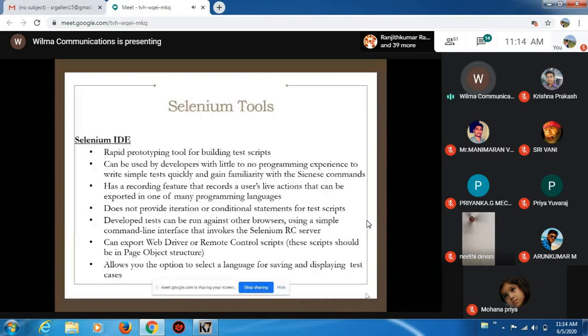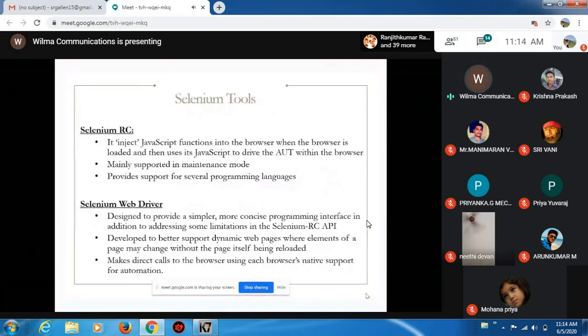The next ones are Selenium RC and Selenium WebDriver. Selenium WebDriver is designed to provide a simpler, more concise programming interface in addition to addressing some limitations in the Selenium RC API, where API stands for Application Programming Interface.